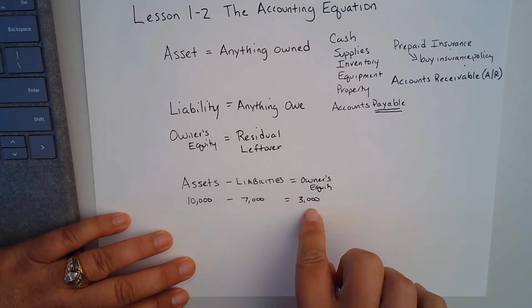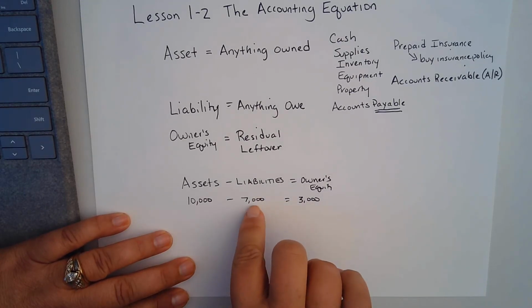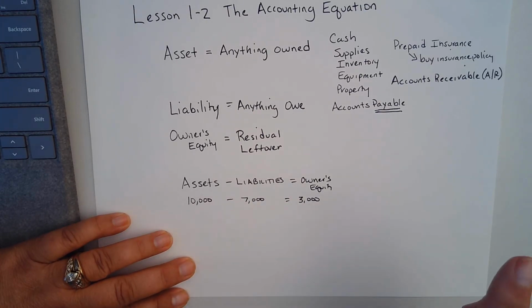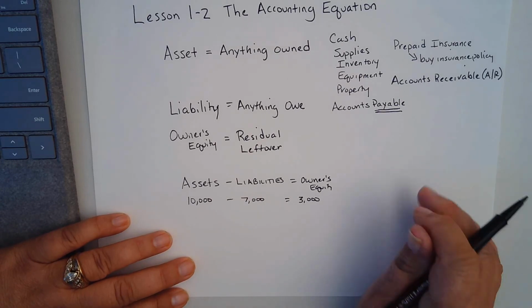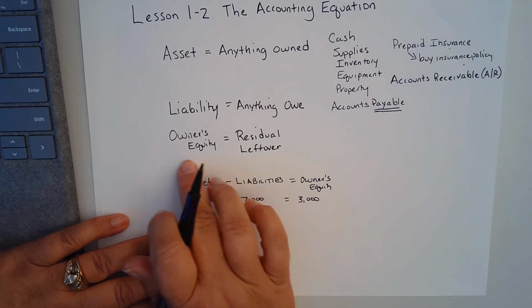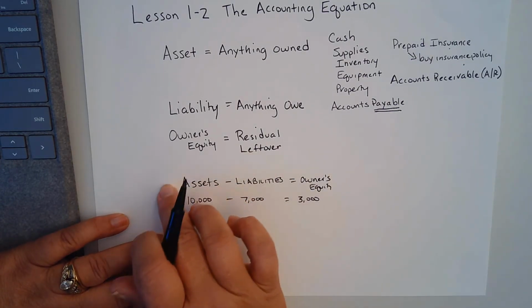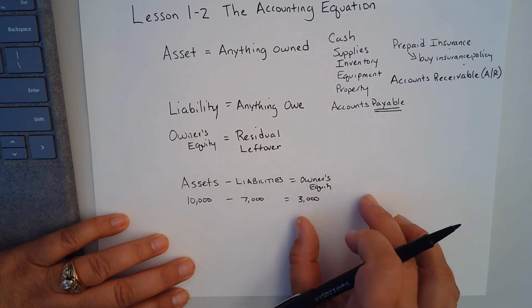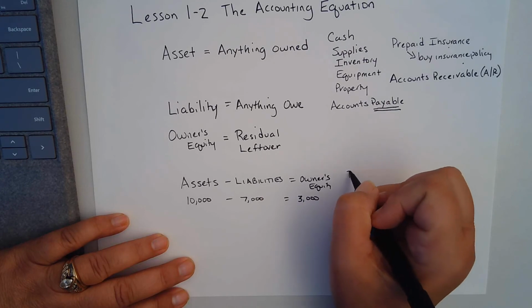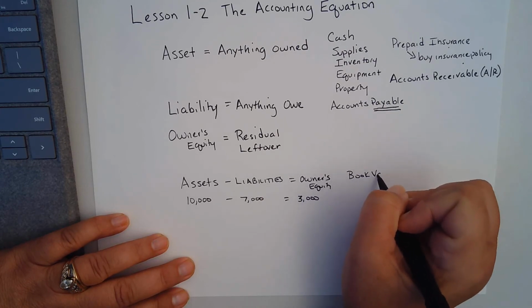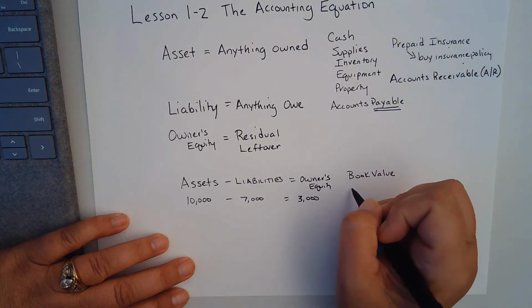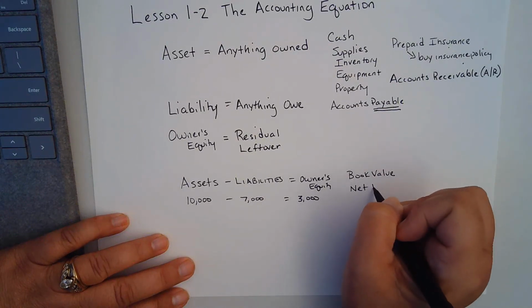That's your equity. Now, as you continue to pay off what you owe the bank, your equity in that car is going to increase. So for business owners, they look at how much they own in total, and they compare what they owe, and anything left over is their owner's equity. Sometimes it's also called book value. Or if we're talking about personal statements, it might be called net worth.